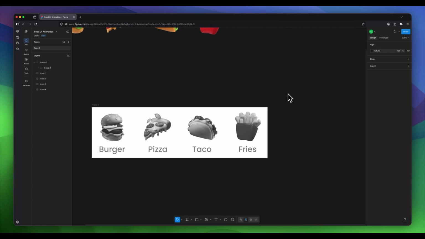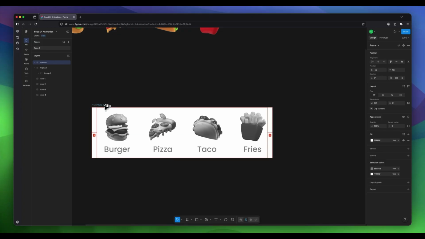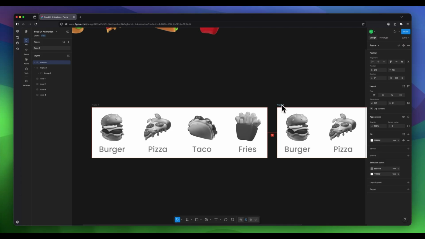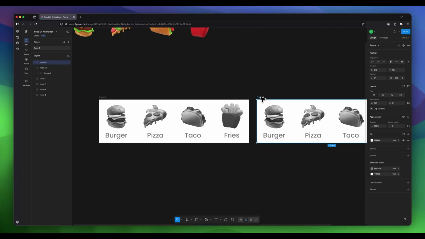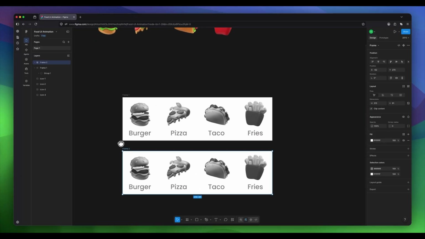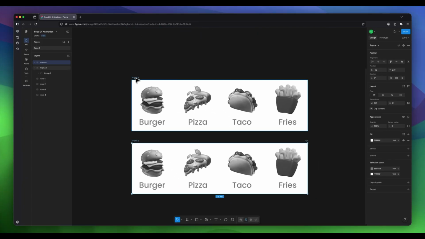Now next thing we'll do is we'll duplicate this frame. Click on the frame and, while holding down Alt, click and drag to make a duplicate of this frame. I'll just zoom out a bit. I can just even click and drag this frame next to it, below it, and then click on frame 1